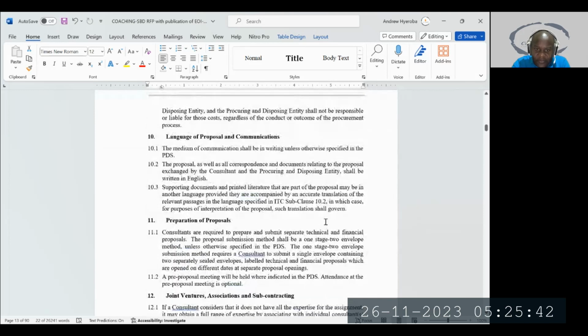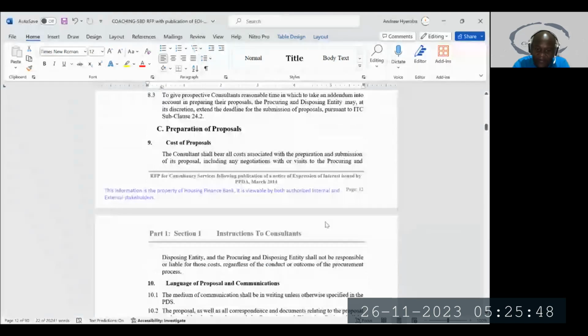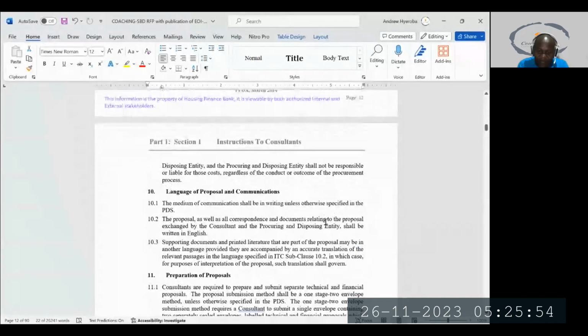Preparation of proposals. They've told us this is important, what we need to pay attention to when we are preparing the proposals. The language of proposals: the medium of communication shall be in writing. So we are not going to give a verbal proposal unless they invite us to present. And then the proposal, as well as correspondence and documents relating to the proposal exchanged by the consultant, shall be